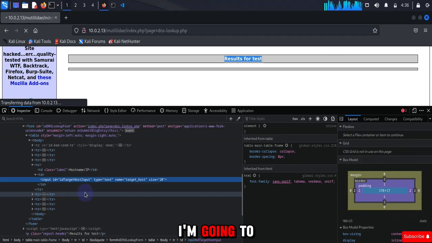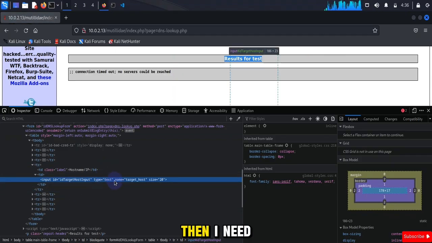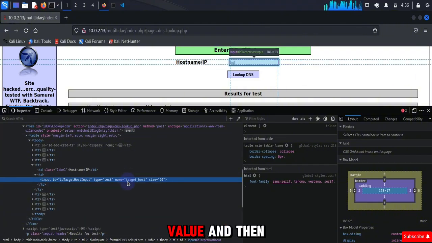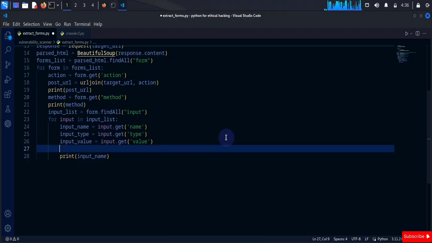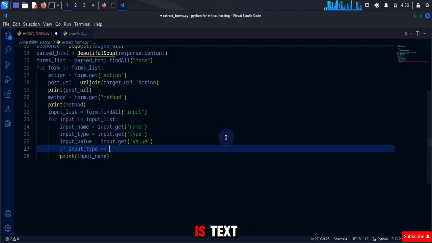Now I'm going to check if the type of this input is text, then I need to change its value. What is the value? Value is something that you enter here. You write here, that is the value. It gets that value and then sends it to the server. So we are going to handle that. Let's check using an if statement. I'm going to use if input type is text,